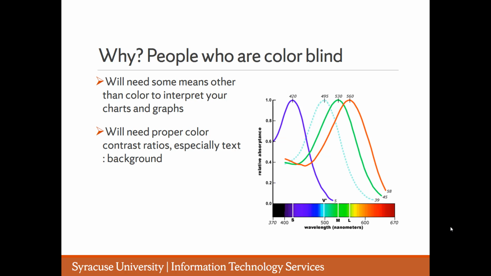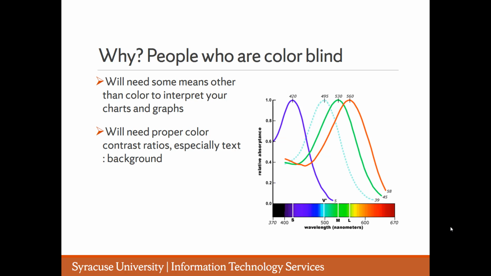Color blindness affects approximately 1 in 12 men and 1 in 200 women, which breaks down to about 4.5% of the population. The most common type of color blindness is known as red-green color blindness, but there are many variations including blue deficiencies and even no color vision.